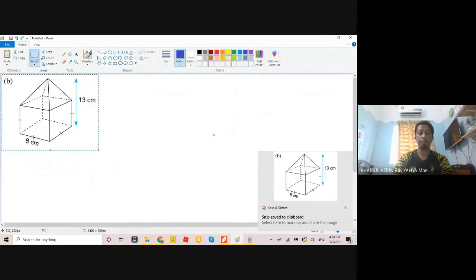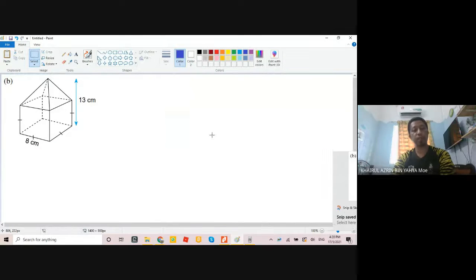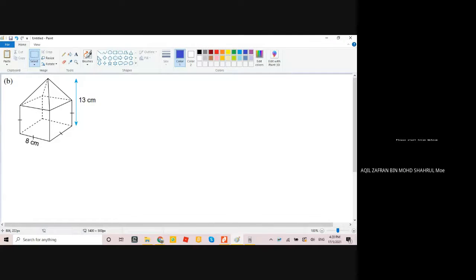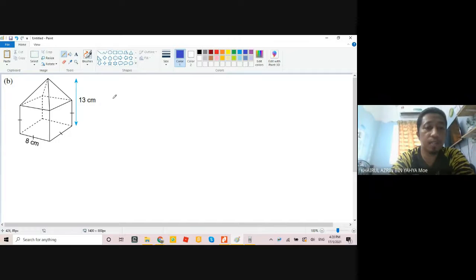Okay, question B. We have 2 solid objects here. On the upper part is a pyramid. On the lower part is a cube. Okay, so let us answer this one. So V